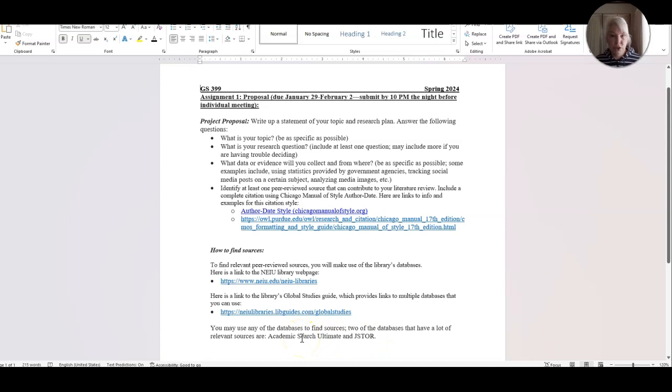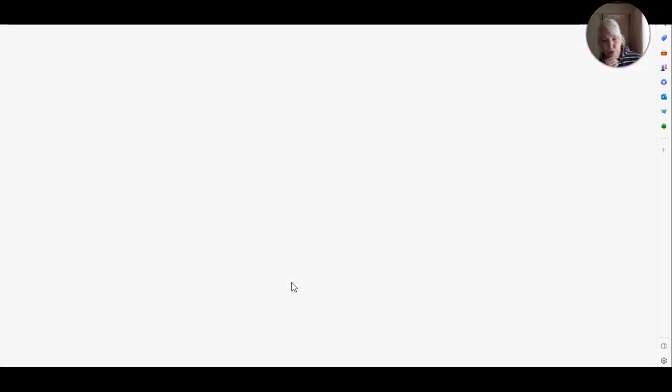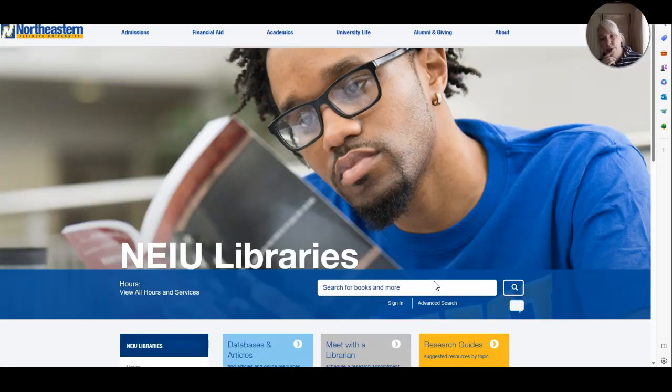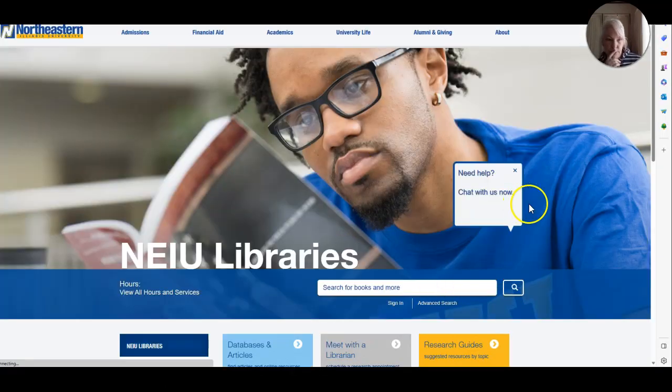So let me, just to give you an example, start by taking you to the library website and to the Academic Search Ultimate database, and showing you what it looks like to find a peer-reviewed source for your project. So we're going to start by going to the Northeastern Library website, which is this, right? You can find that